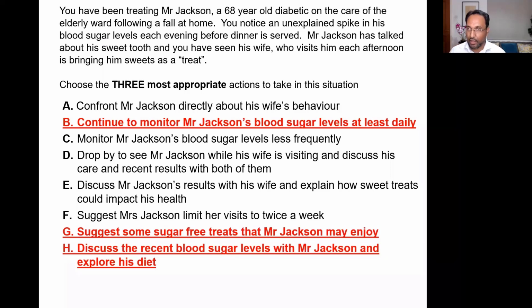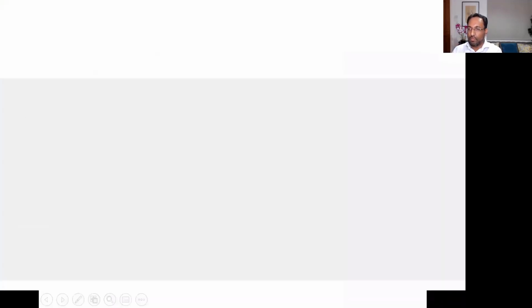So the way that these are marked in section 2, you basically get 4 marks for each bit. So if you had all 3 of these, you get 12. So maximum 12 marks for a section 2 question. You had 2 right and 1 wrong, you get 8. You had 1 right and 2 wrong, you get 4. You had none of these options, you get no marks at all. Okay. So why is that? Let's look at it.